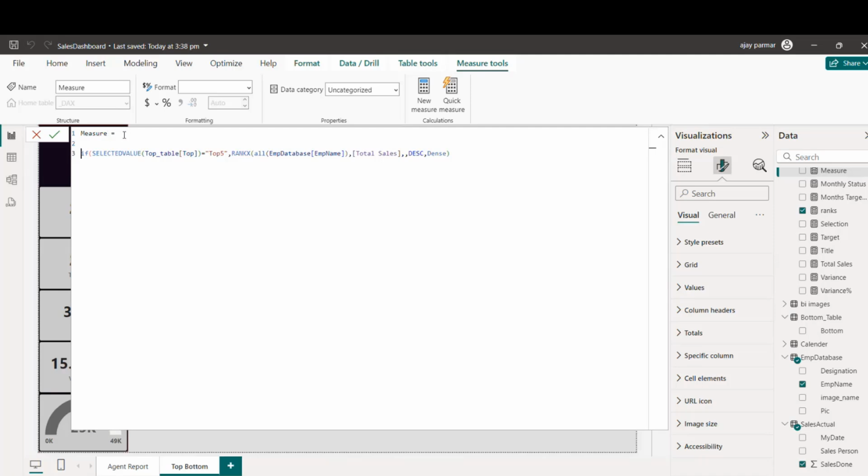So first of all, var selection, what I've selected, my selection equals to selected value of top table, correct? So I know now what is selected. Okay, now alt enter. Rank 1 equals to, so I'll write now that